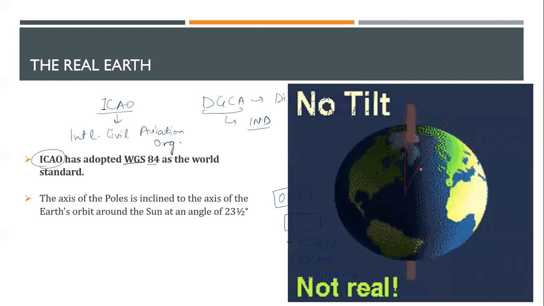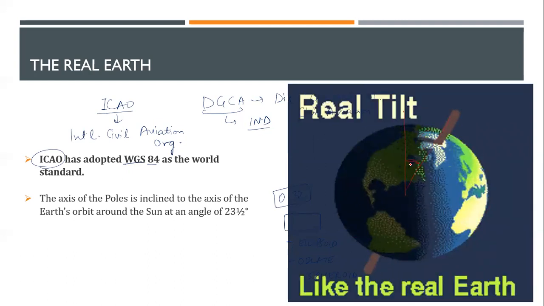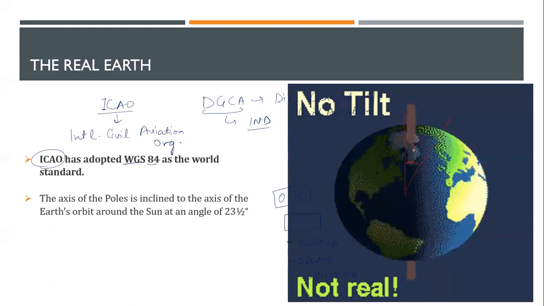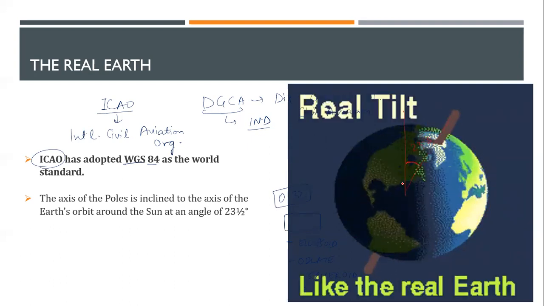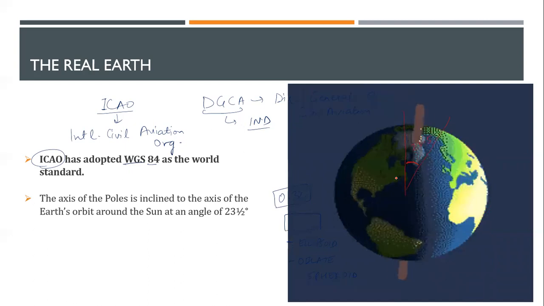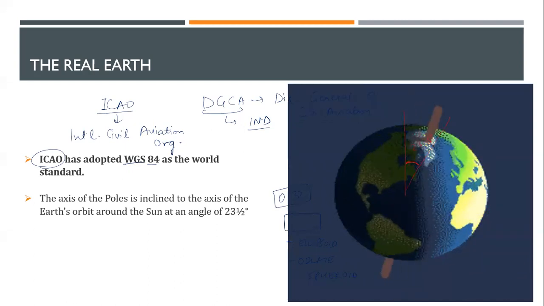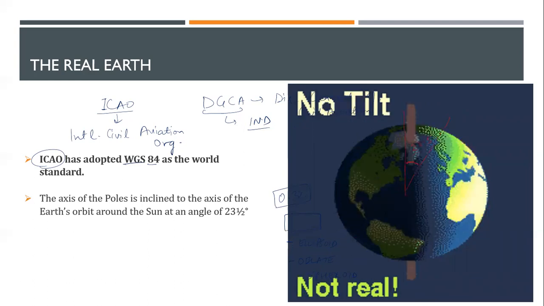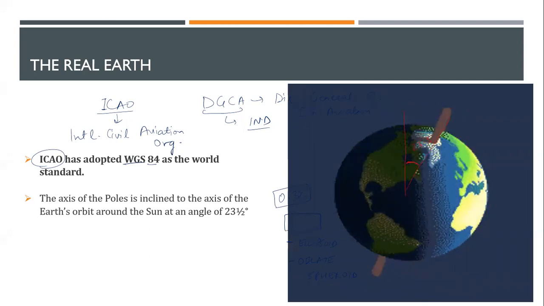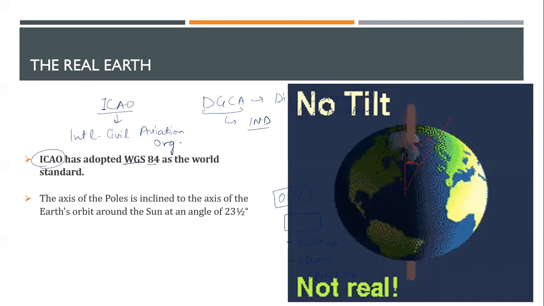I'm telling you that the inclination of the Earth is approximately 23.5 degrees. And why I'm telling you all this is basically I want you to start realizing and imagining. Every portion in this chapter is basically your imagination. If you're not able to imagine it, then you will be lagging behind.